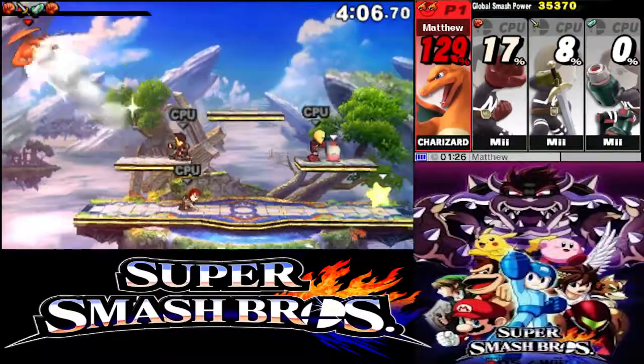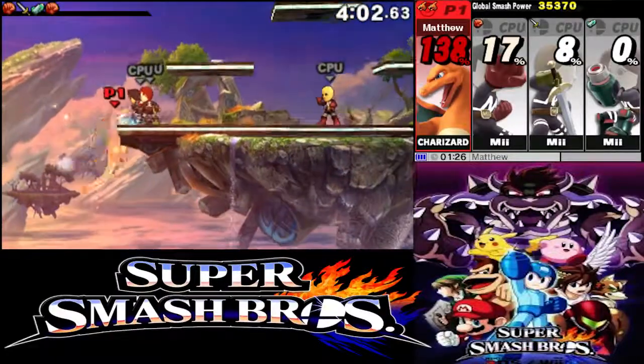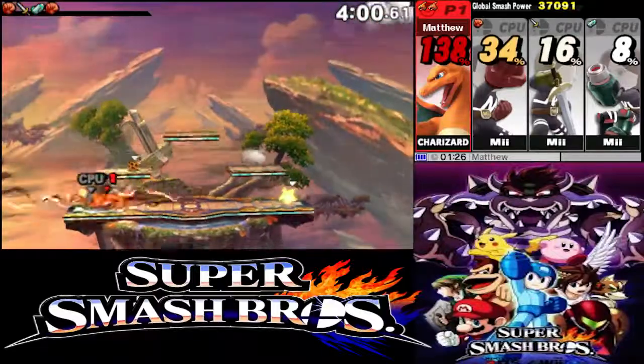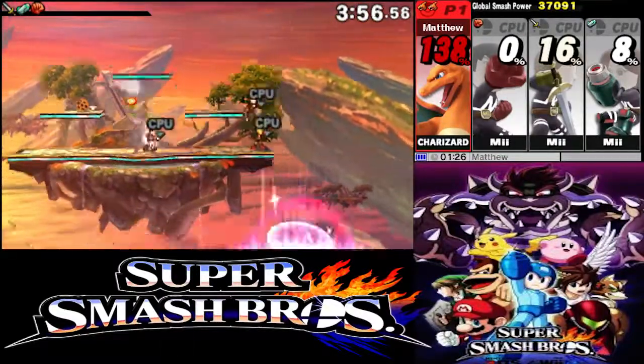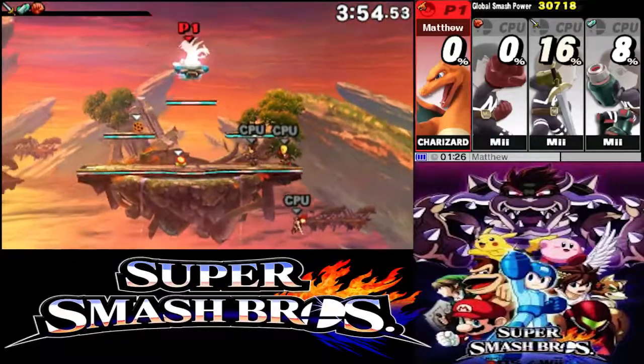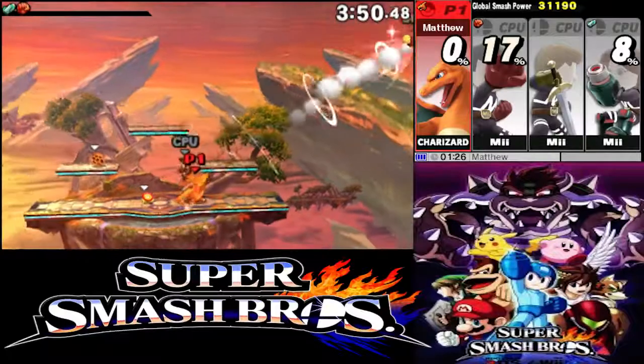Stupid Miis. I was like, let me come back. I was gonna say, okay, I'm gonna use Flare Blitz and get you guys off here. Charizard actually flies. I love that I killed myself there. That was like, oh my gosh. I just forgot I did that. But,